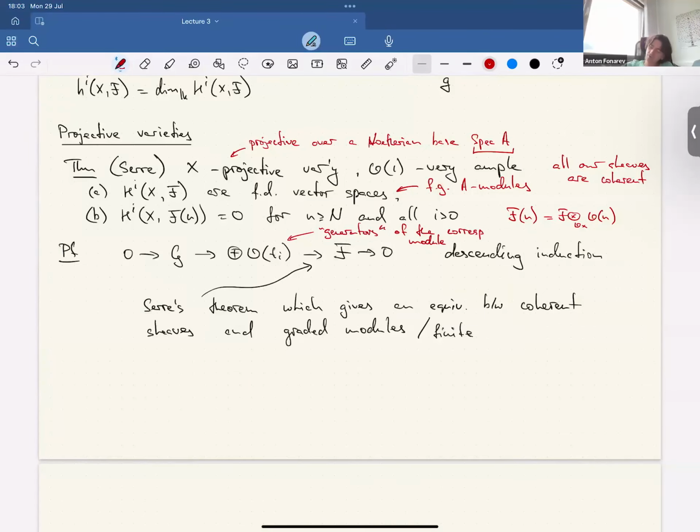All right, and now all you need to do is we will do descending induction on the number of cohomology. So we now write down the long exact sequence of cohomology. And what does the long exact sequence of cohomology say? Well, it says that